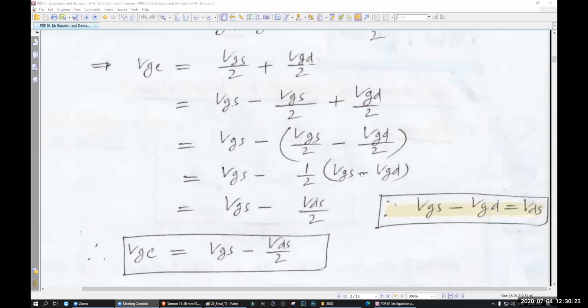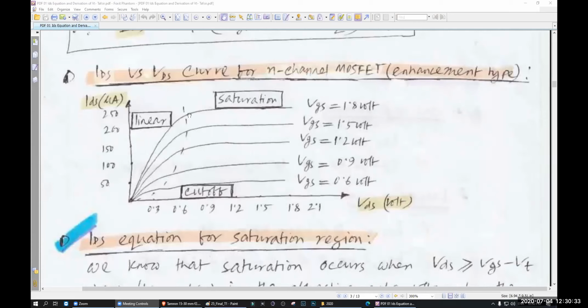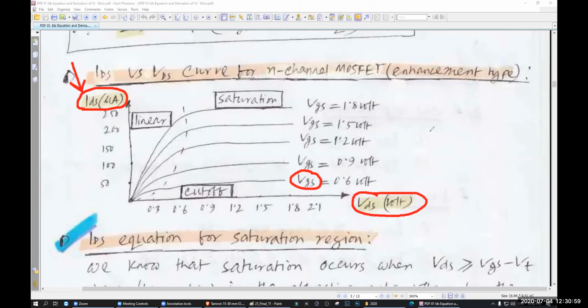So this one will be converted to VDS. How I will tell later, but why? Because of this. You all know this graph, right? From semester 4 or semester 5. Maybe you forgot, but you have seen this. This graph has 3 components. One is IDS, that is the equation we are trying to find. Another one is VDS. Another one is VGS. So our equation will have these 3 things.